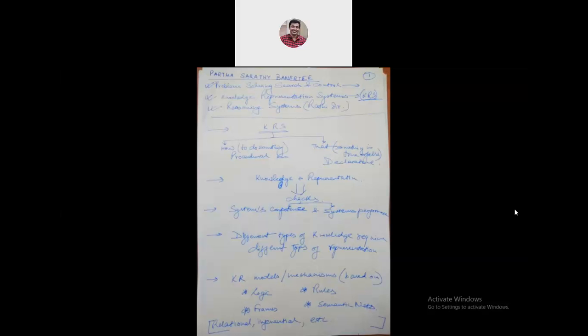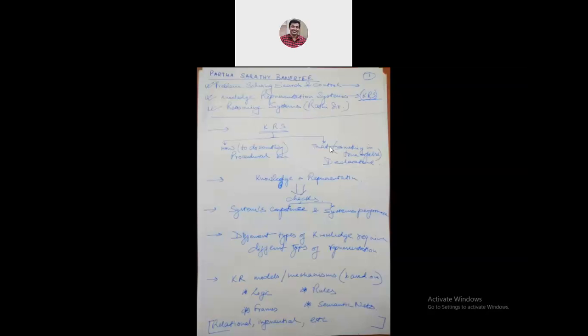So please cooperate, right? So KRS, knowledge representation system, in a very lucid form, is how and that, right? That means the procedural part and the declarative part. Under the how section, we know how to do something, right? Knowledge representation, under this head, we know how to do something. Under another head, I'm just giving you the flavor. I'm not going through what is that, define this, just a simple chart of it.